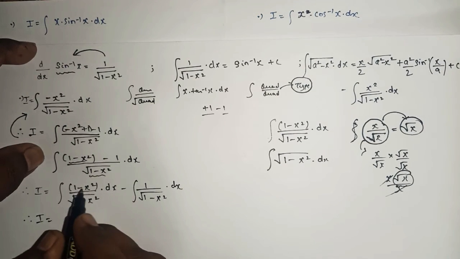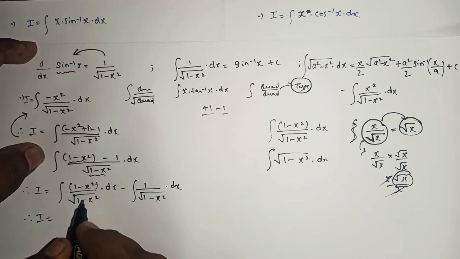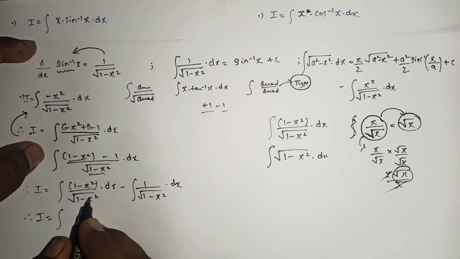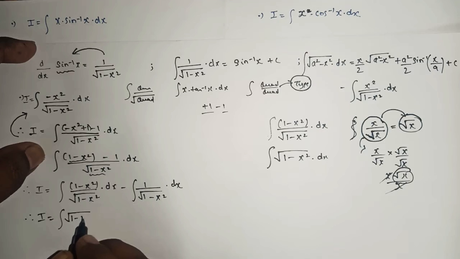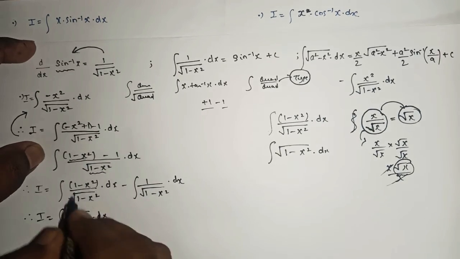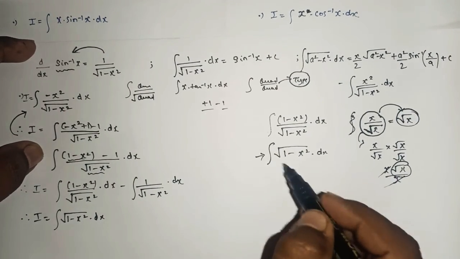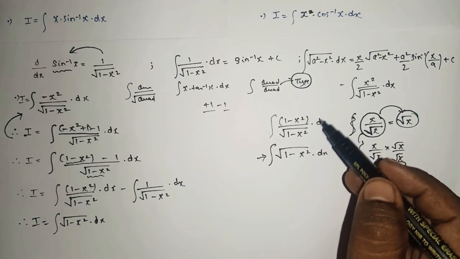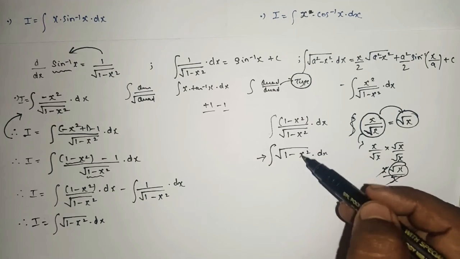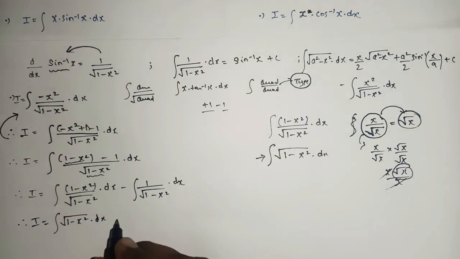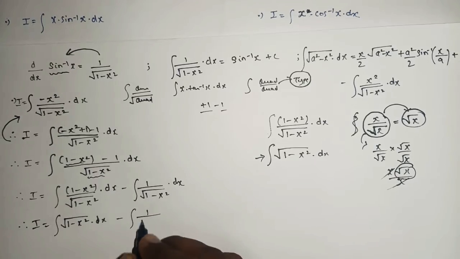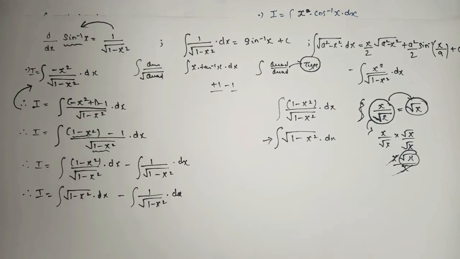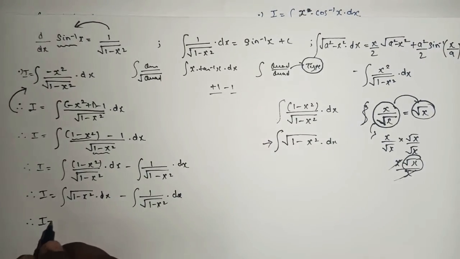So whenever you come across this, when you see the same term and in the denominator it is in root, directly this step we can write as what? Root 1 minus x square. And I hope you all understood how we got this root 1 minus x square. Simply rationalize the numerator and denominator by this root 1 minus x square, you will get this answer. Got the point? And then minus 1 upon root 1 minus x square into dx.